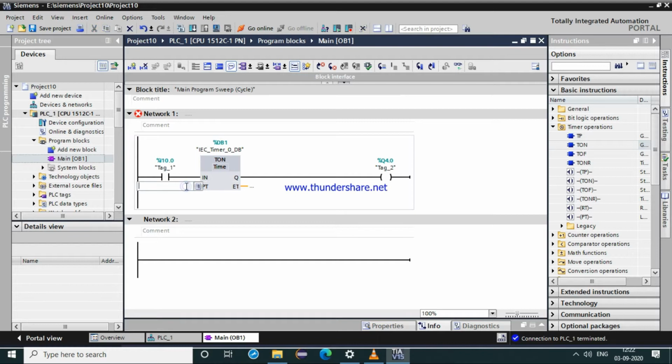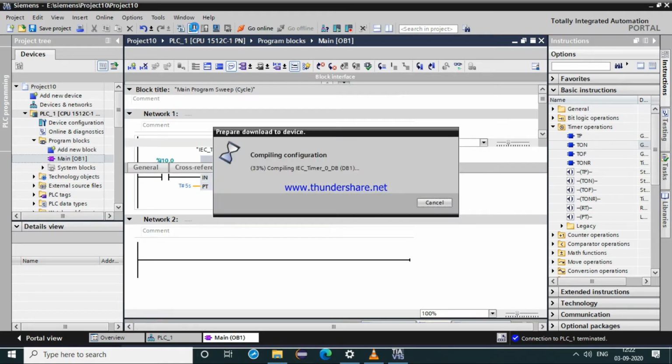When I click on PT, the tagging to the timer is T#5s, that is your time for 5 seconds. And then ET is the current value, it will tell you what exactly the current run time is. And again I will download this to our PLC.